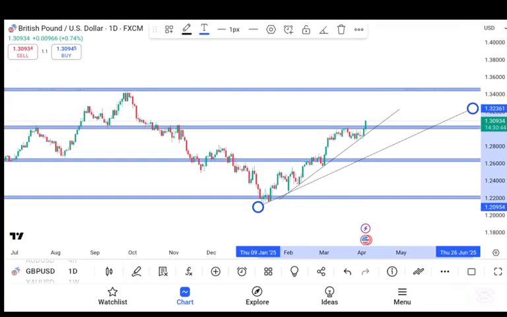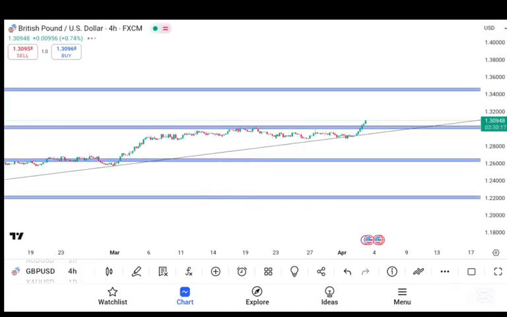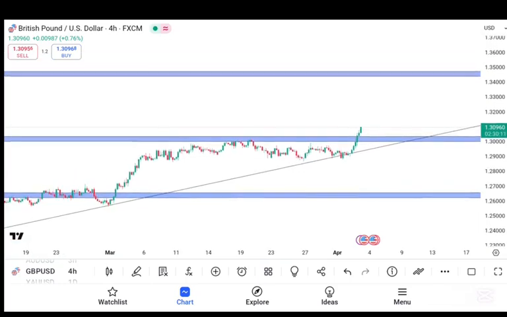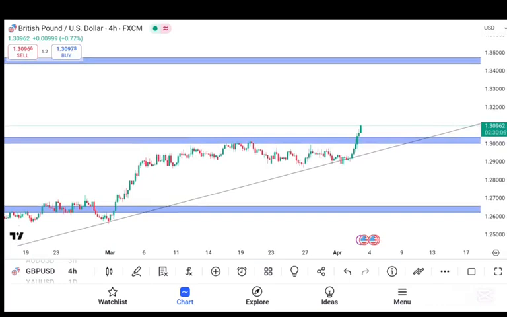I'll take away this other trend line, but in future price might come into it. For now, this is the current trend at which the market is being traded. So I'll take off this other trend line. You see how my chart is so clean. I don't like complicating my chart. Instead, I make my chart as simple as possible so that anybody can go through it and understand what we are doing. So currently, this is what price is doing, and you need to wait for a pullback into